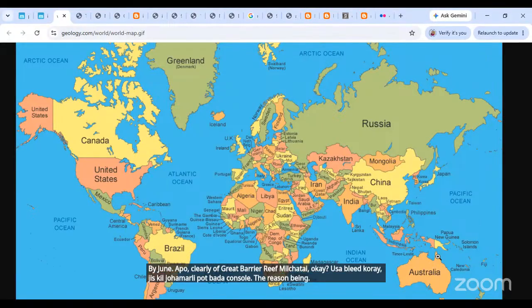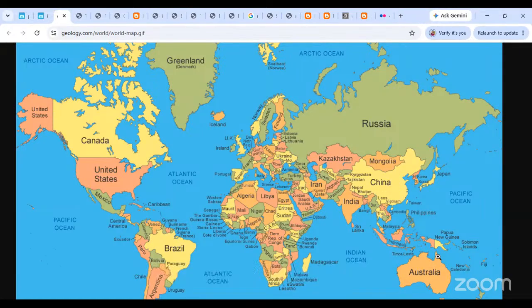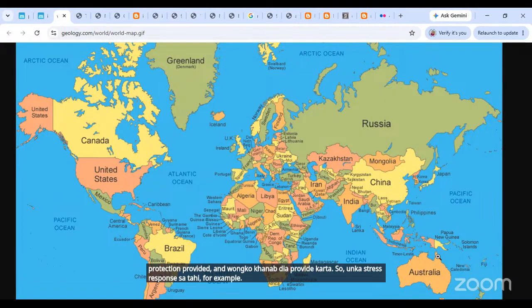द रीजन बीइंग कि जब कोरल रीफ्स ब्लीच हो जाते हैं तो इसका मतलब ये कि वाटर टेम्परेचर्स हैव रिजन। कोरल रीफ्स का स्ट्रेस रिस्पॉन्स होता है कि वो जूजैंथल को बाहर निकाल देते हैं, जो उनको खाना भी देता है एंड कलर भी देता है। कोरल्स के खूबसूरत कलर्स उस एल्गी कॉल्ड जूजैंथल से आते हैं, जिसको वो अपनी बॉडी के अंदर प्रोटेक्शन प्रोवाइड करते हैं, घर दे देते हैं, और वो उनको खाना भी प्रोवाइड करता है। सो उनका स्ट्रेस रिस्पॉन्स होता है, कि अगर टेम्परेचर बढ़ गया तो वो इरिटेट हो जाते हैं और जूजैंथल को बाहर निकाल देते हैं। जूजैंथल बाहर चला गया तो उनका रंग नहीं बचता है, उनको रंग कौन देगा उसके बाद। इसीलिए यू फील दैट द कोरल्स आर बीइंग ब्लीच्ड, वो व्हाइट कलर के नजर आने लगते हैं, कलरलेस नजर आने लगते हैं।